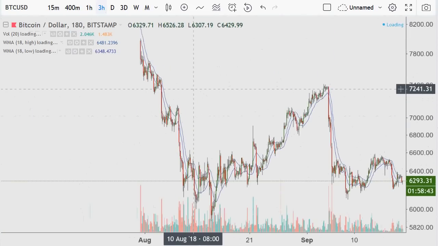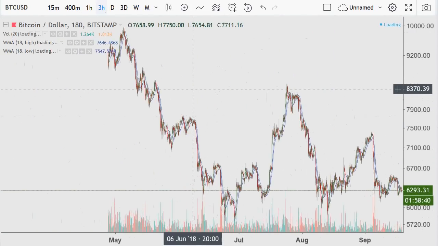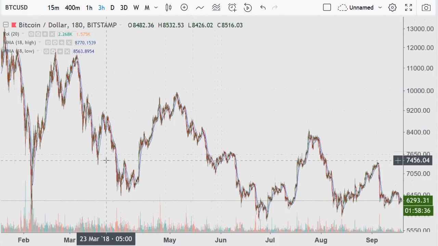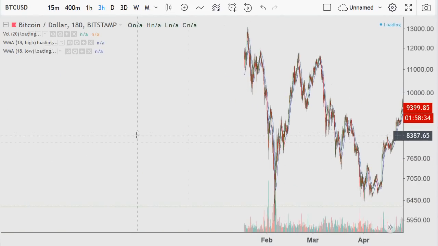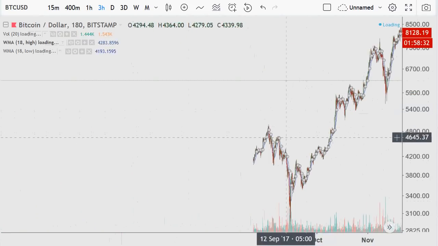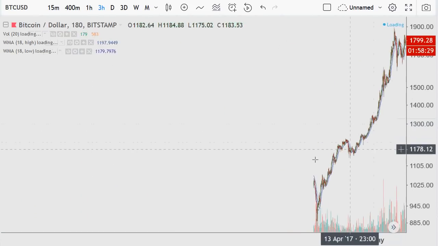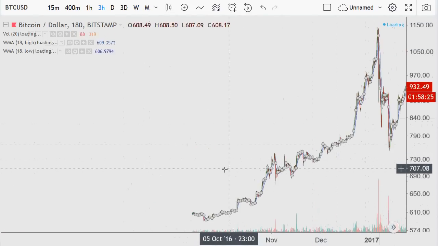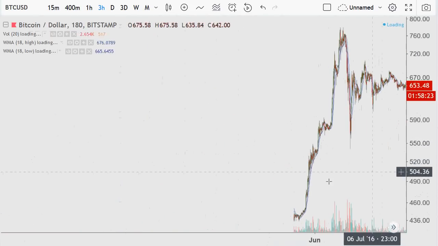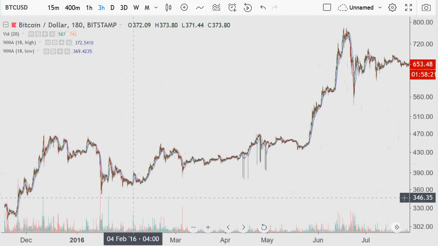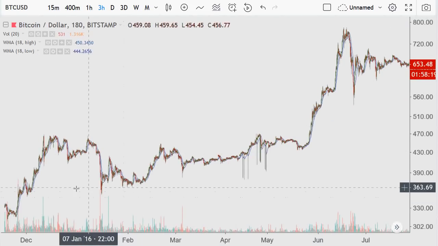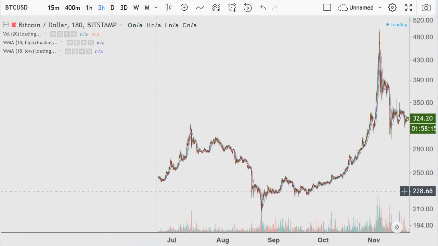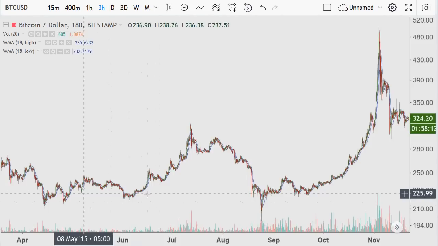This is what I'm going to do. I'm just going to scroll everything. This is how I just look back at time. Now, you might need a premium service to get this much data. But I'm just going to scroll back and see what happened back in 2013 around April. Where are we now? 2016. I got a long ways to scroll back. 2015.